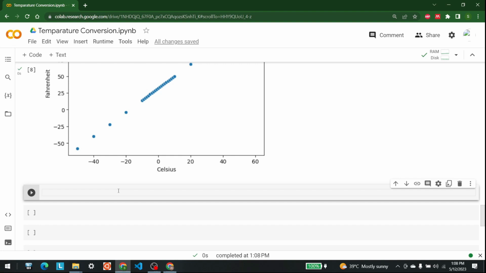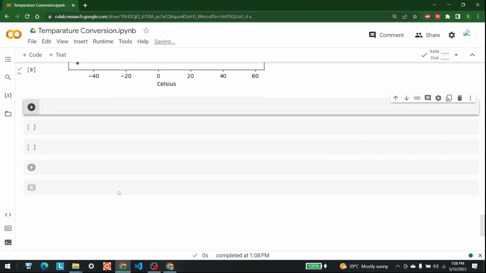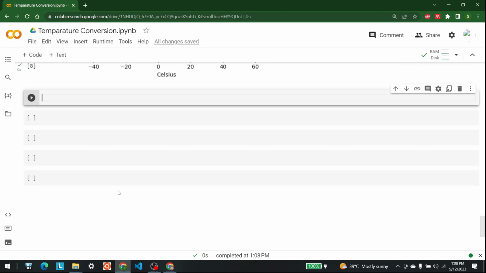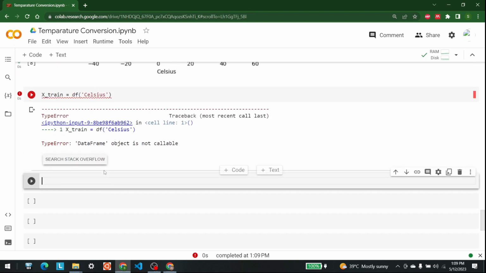So after that, what is the next step? The next step is to start building up the deep learning model for evaluation of what we are doing here. Okay, so the first thing that we are going to need is X train. So as I told you, there are two different variables. One is x and one is y. So I'll write